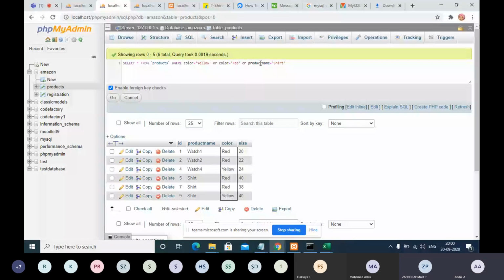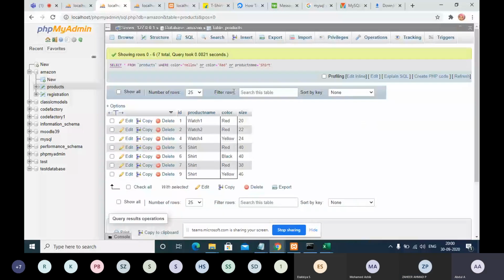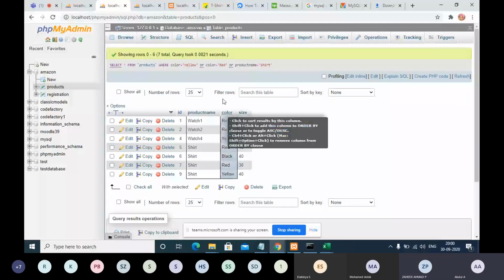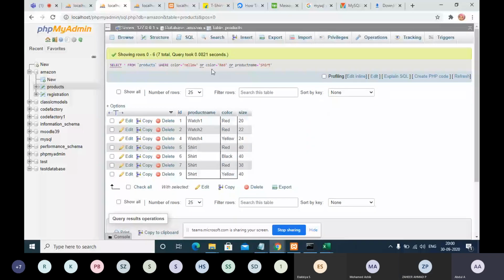So now, condition number 1 is color yellow, so yellow color results are available. Condition number 2 is color is red, so all the red colors are also there. After that, I have put one more condition: product name should be shirt.